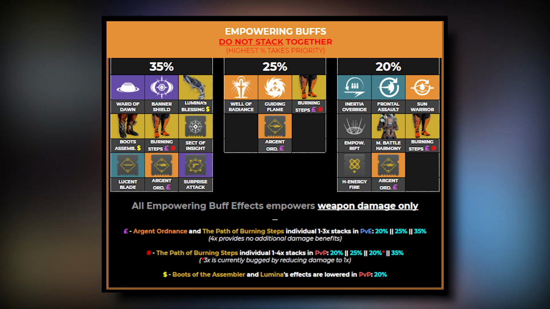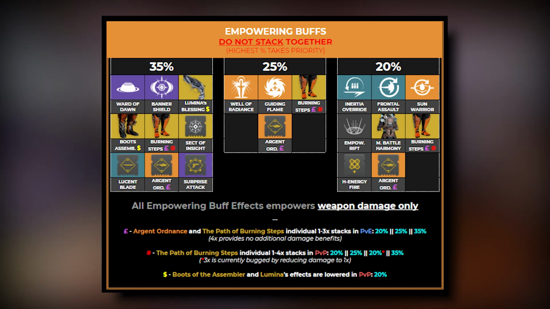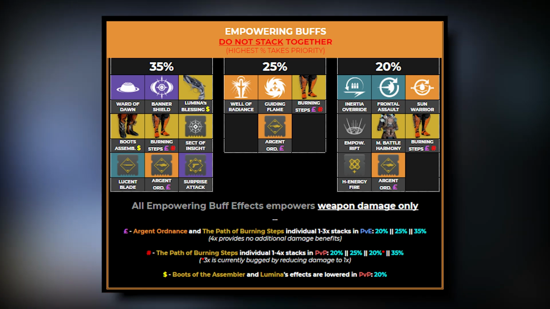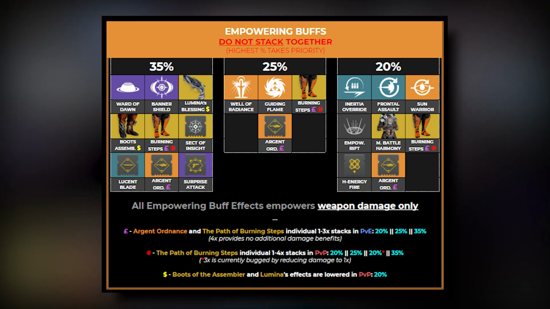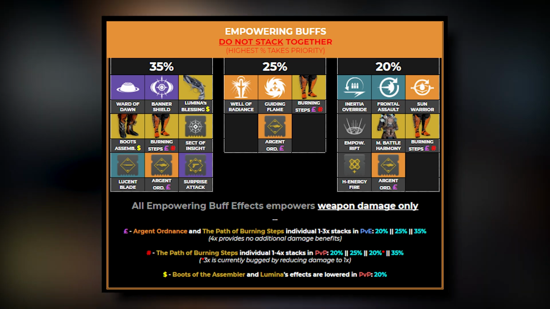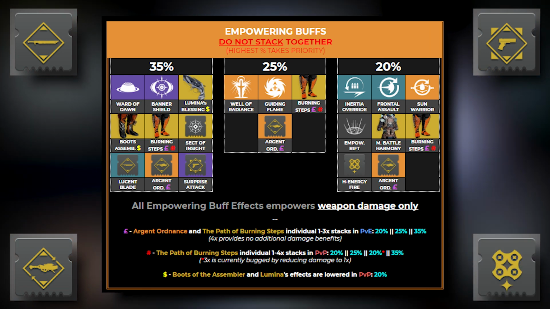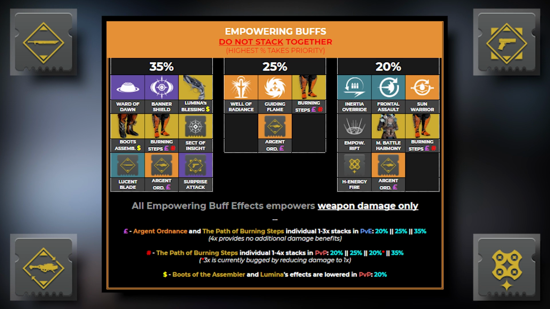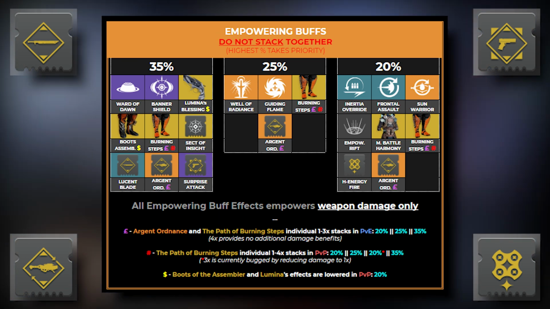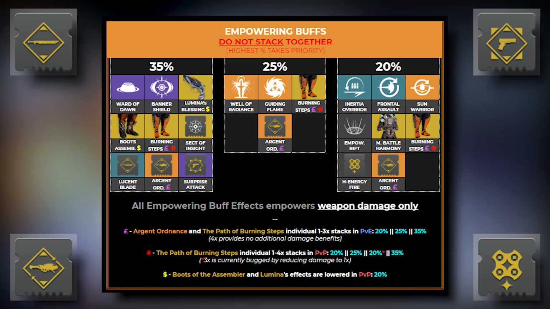The next category is going to be empowering buffs, and also, as the name implies, it's something that empowers you. This is where your Well of Radiance and your Bubble is going to coincide. But another example of empowering buffs would be the Charge with Light mods, Loosen Blade, Argent Ordnance, Surprise Attack, and High Energy Fire. All 4 of those mods are going to be overridden by the Bubble and the Well of Radiance modifiers. So that's why you hear often, don't use high energy fire when you're going to deal damage to